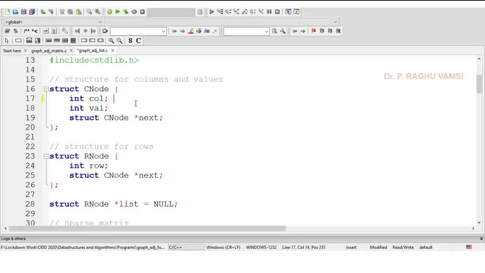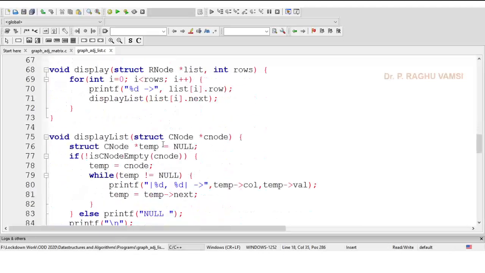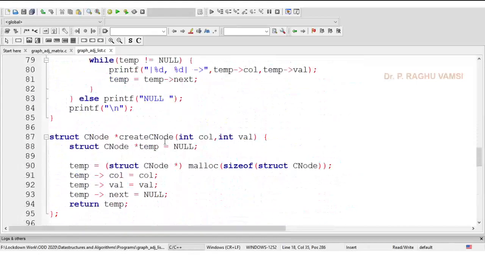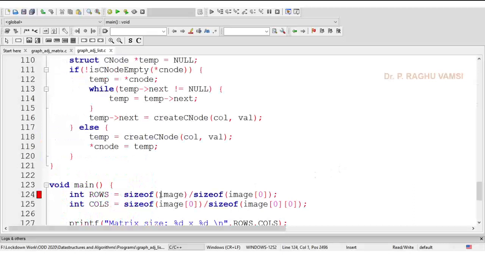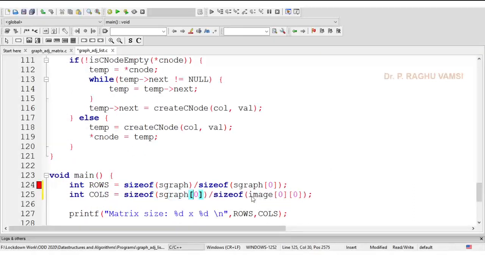Here value in the sense is the weight of the edge. Here all fields are required for us. So instead of image, let me call it sgraph, static graph in the adjacency matrix. Here the number of rows and columns are equal to the number of vertices.